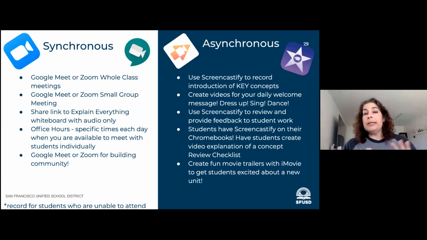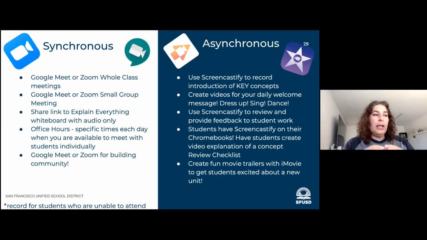And Google Meet is a much more simple platform. But whichever one you're going to use, you can think about your synchronous meetings happening for whole class, for small group, and your office hours, those very important office hours for families and for students, really giving them opportunities to ask questions, get clarification, and really understand what they need to know.